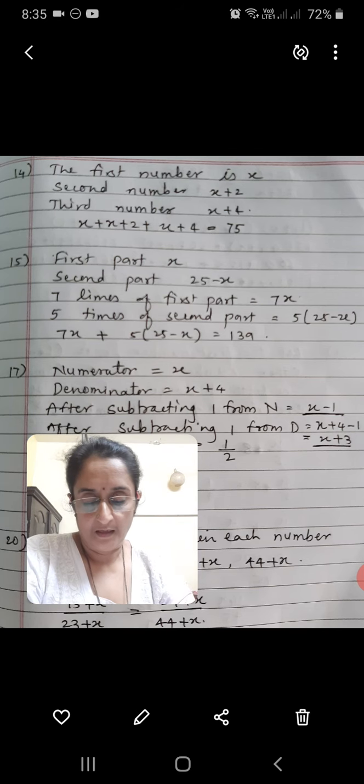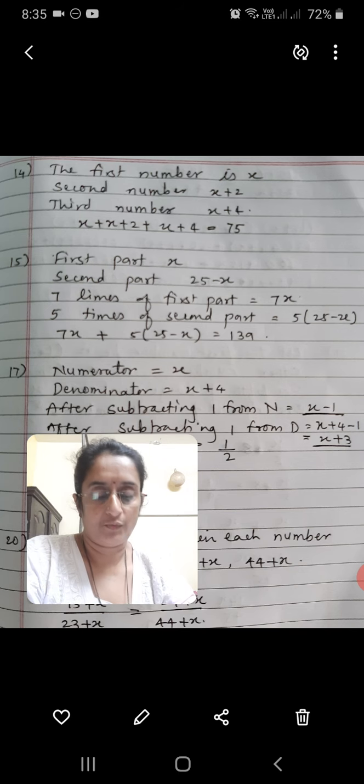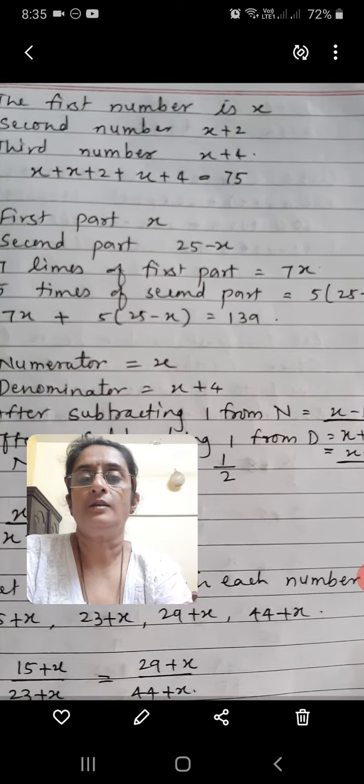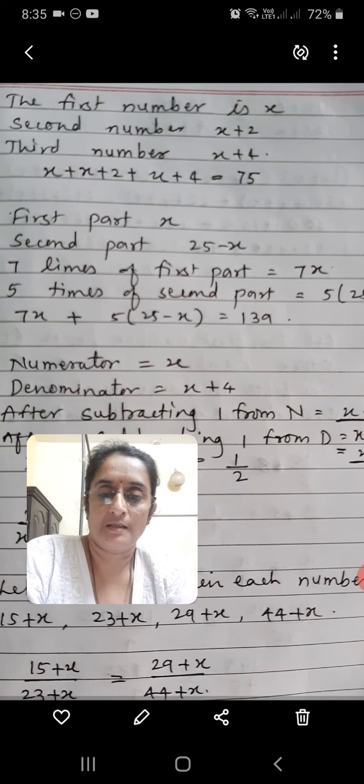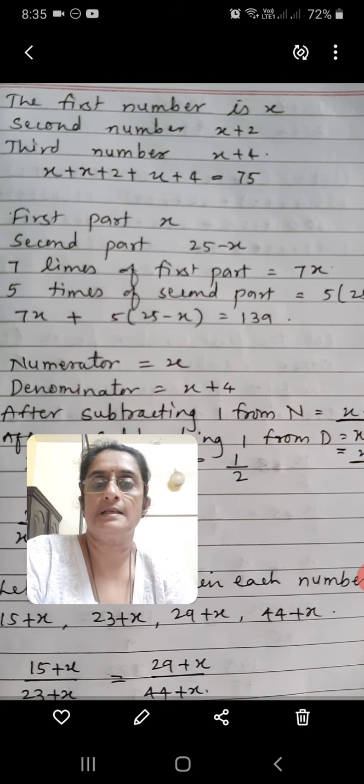The sum of 3 consecutive odd numbers is 75. Find the numbers. Now see, what are consecutive numbers? The numbers which come one after another are consecutive numbers. So after 4, what is the next consecutive number? 5. After 5 it is 6. After 6 it's 7. Now these are cardinal numbers. If it is odd numbers or even numbers, the difference between them will be 2, isn't it? If the first even number is 2, the next even number will be 4.